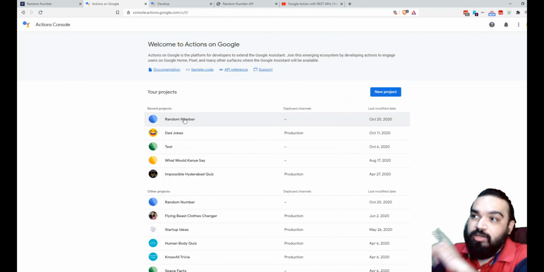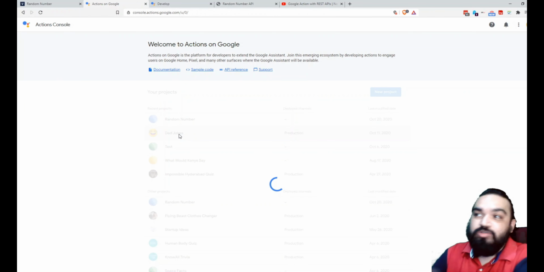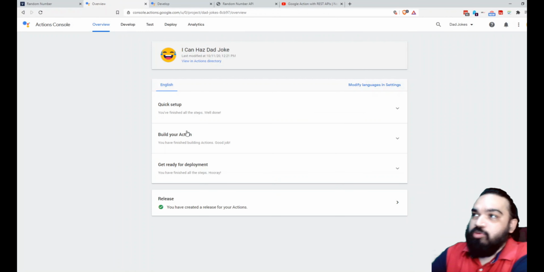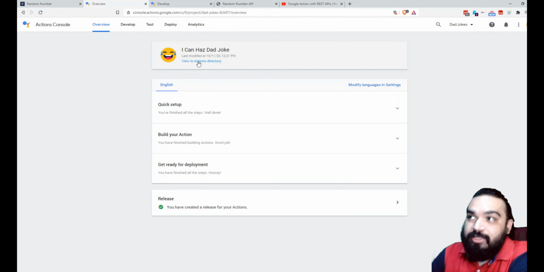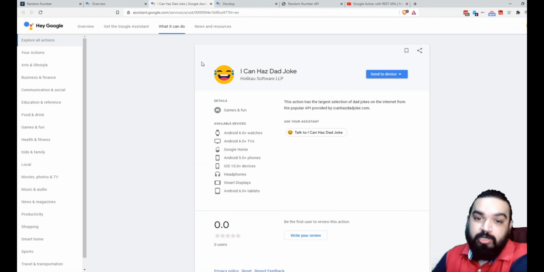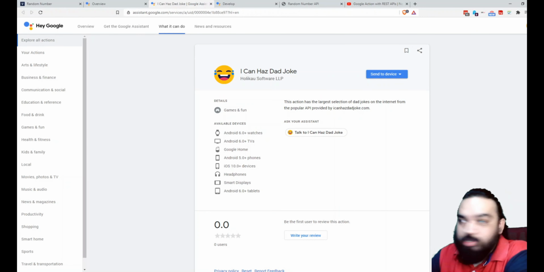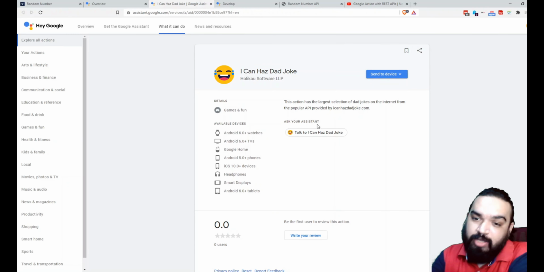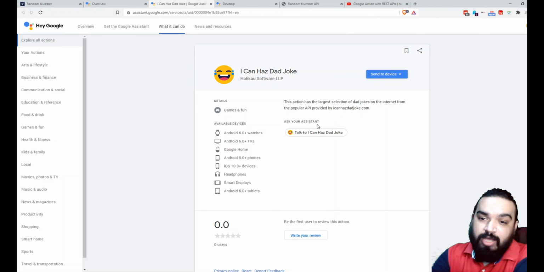So how does it look when it gets published? I'm going to show you one that I created using this one-click deploy, which is Dad Jokes. So if I click on it, I can go into the dashboard, and then there is a link that will appear here, which you can click and see how it will appear for public to use it, right? So yeah, this is how it will appear for public to use it. You can test this on any Android device, and in iOS, if you have the Google Assistant app, you can test it out. You can say talk to the action name, and it'll start working.